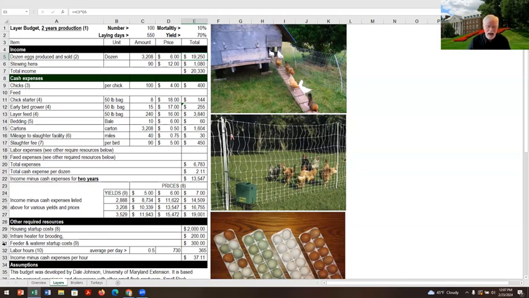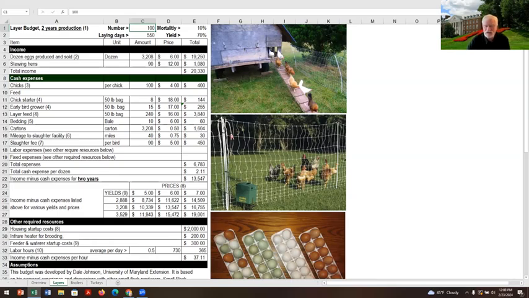Okay. And in this budget, we're going to talk about, I've got the number, which is 100. Now I've got this budget set up so that if I want to put in 200, everything changes. Okay, so I like to choose numbers that are easily scalable, 25 or 50 or 100 or 500 or 1,000. Choose numbers that you can scale up. And I just happen to like the number 100. That's easy to scale up.